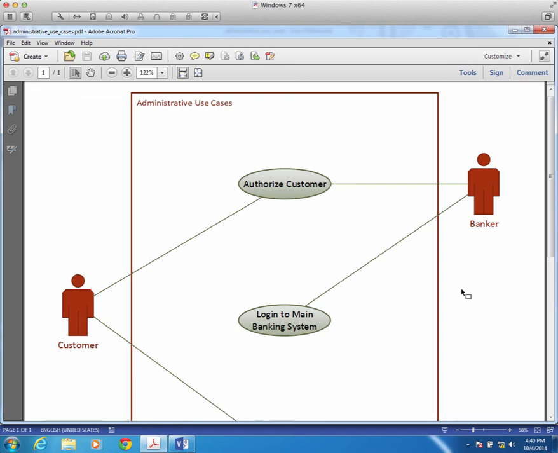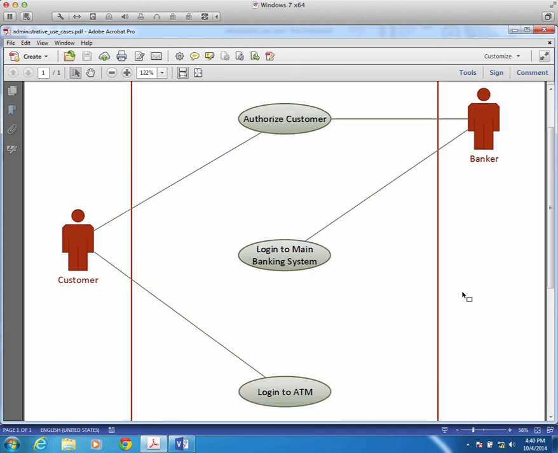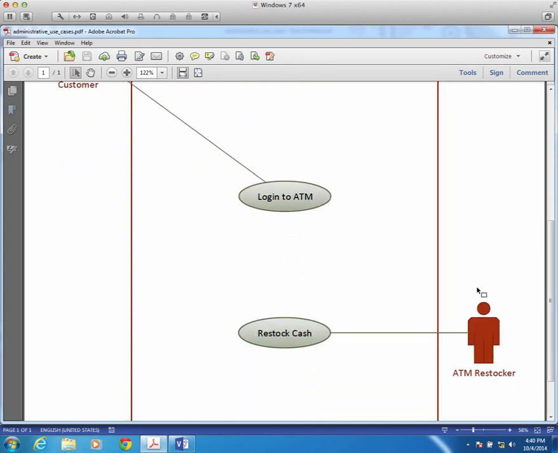But they represent some kind of a role that somebody is going to play with regard to our system. And we're saying that really anybody who's going to play the role of a banker can authorize a customer. And down here at the bottom, we're saying that anybody who can play the role of ATM restocker is able